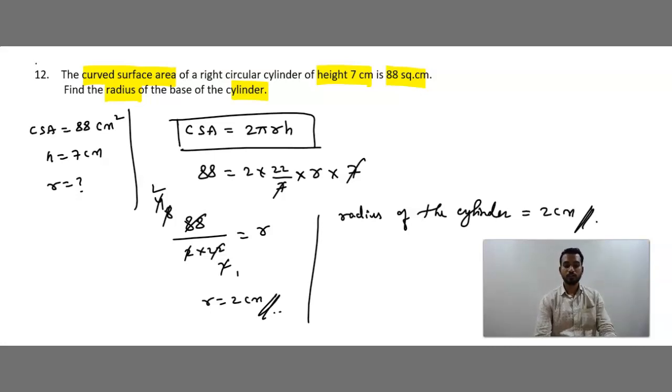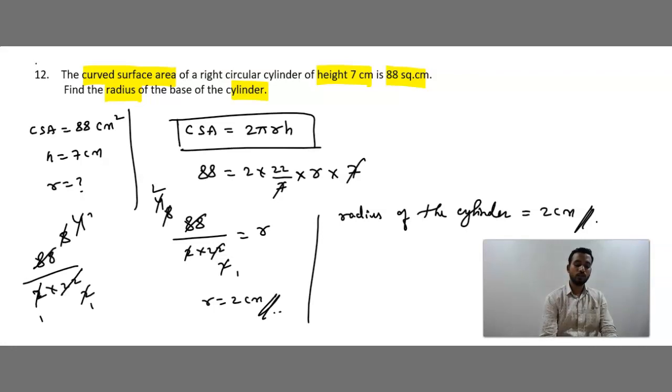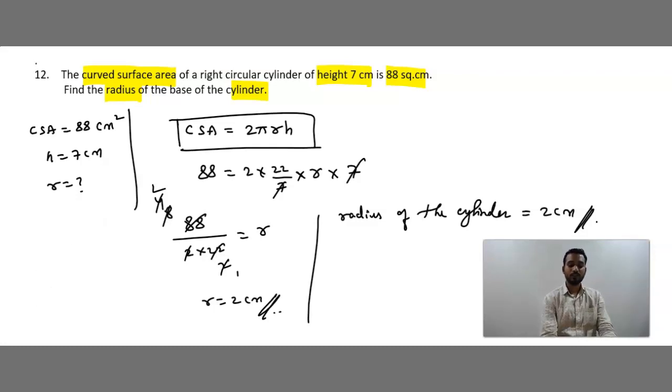Right? You understood the calculation? This is 88, 2 into 22, right? If you want, you can do 11 2s are 22, 11 8s are 88. It's done. 2 1s are 2, 2 4s are 8. Then 2 1s are 2, 2 2s are 4. Even if you want, you can do the calculation in this method also. Is this clear? I hope you have understood this problem.